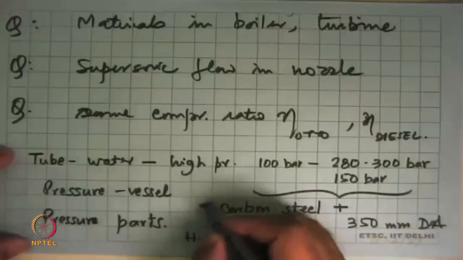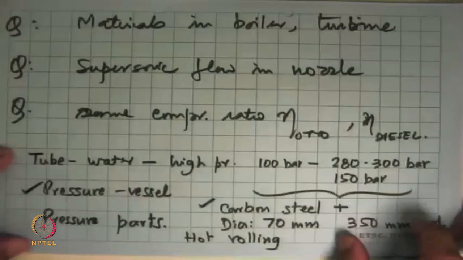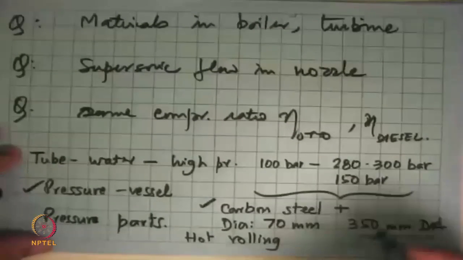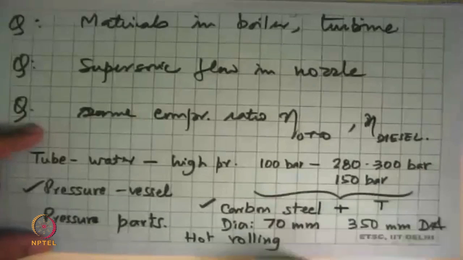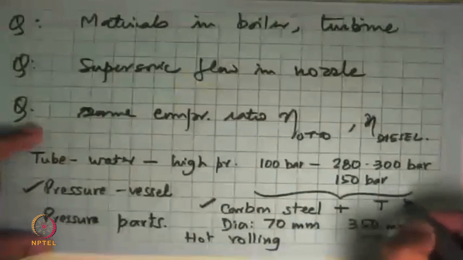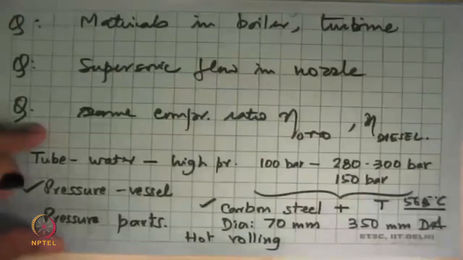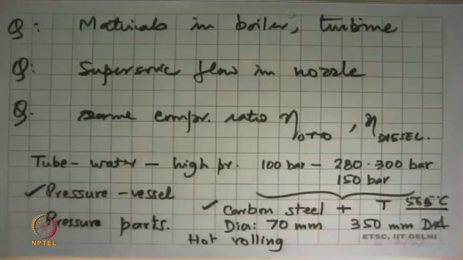Most of the tubes and pressure parts are of carbon steel. How we selected these is that we needed to go to the temperatures that our cycles are telling us, like 560, 600 degrees Celsius. Our objective is that they should have strength and integrity at that elevated temperature continuously, year after year, for maybe 20, 30 years. That is the whole thing. So that's what's done in boiler tubes.